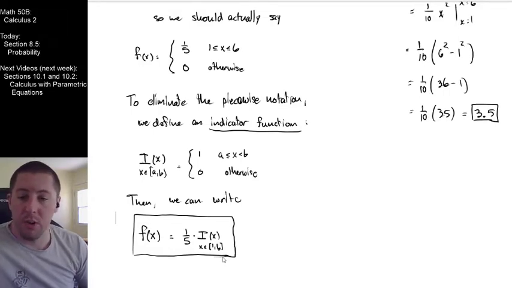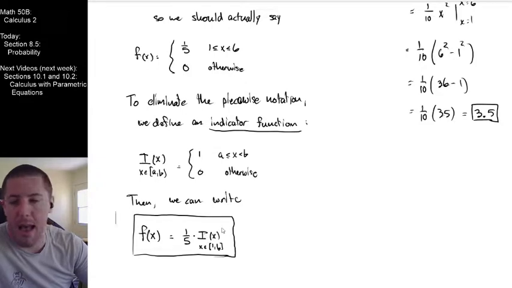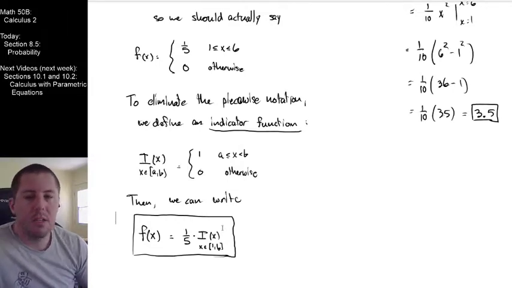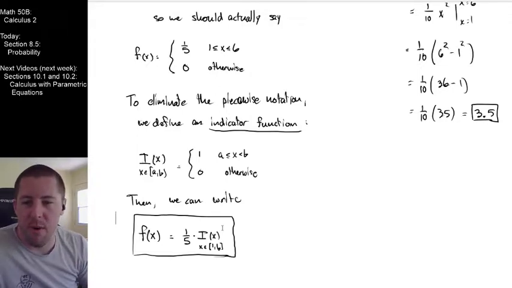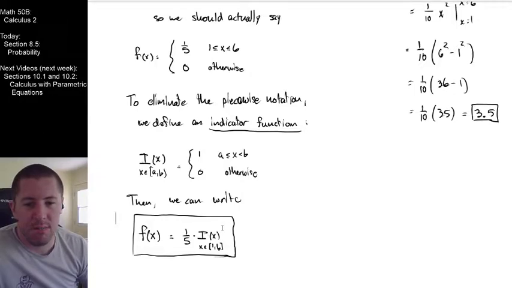And what ends up being really cool is when you take your upper level probability class, you're going to realize that we can straight up do math with these indicator functions. I mean, we're truly multiplying by I of x right here. And there end up being some pretty interesting things that happen with our ability to use indicator functions multiplicatively like this. So we're just multiplying by something that's either 1 or 0, meaning just keep what you got if it's 1, and everything's 0 otherwise. And that's a really cool way to eliminate the need to ever write piecewise functions in probability and statistics.